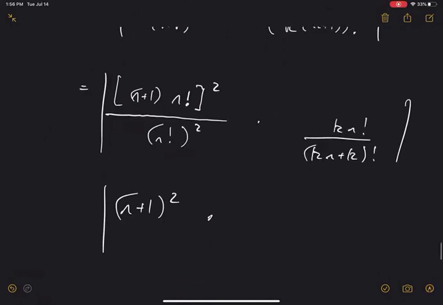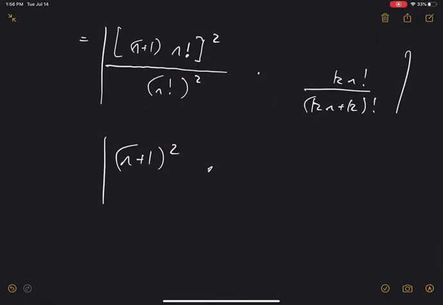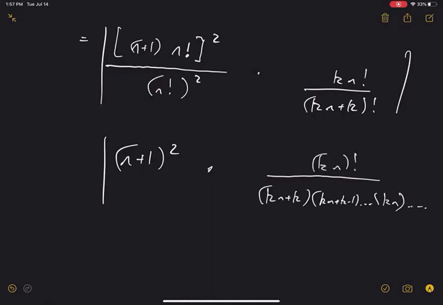So how would that simplify? Well, remember what's the bottom? Kn plus k factorial is kn plus k, kn plus k minus 1, and then it eventually gets down to kn, right? And then from here on out, everything's going to cancel with the kn factorial on top, right? Because kn factorial is kn minus 1, okay. So from there, everything's going to cancel, and I'm going to be left with this stuff,